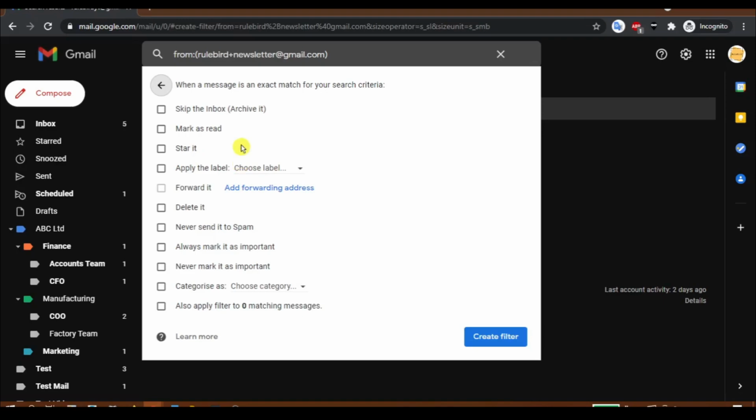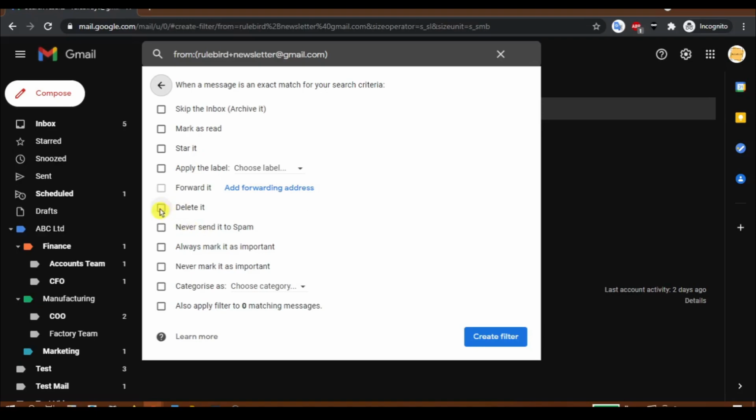Once you click on that, you will get so many options. You can just archive it directly, or keep it out of the inbox. If you want to apply a label, normally you can apply a label using different email IDs as well, but if you have only one email ID, then you can just apply the label here. Or you can delete it directly.